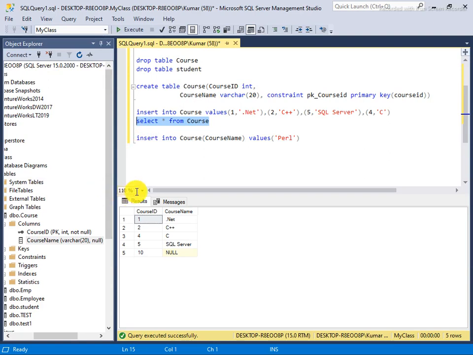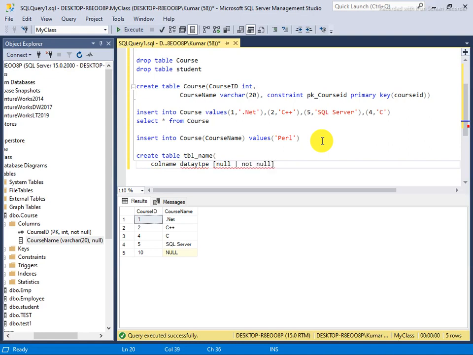So now it's about the syntax. I am telling you how you apply the constraint. The syntax is like: create table, table name, and then you say column name, data type, you can say null or not null.